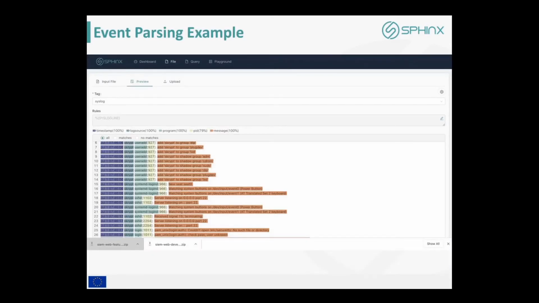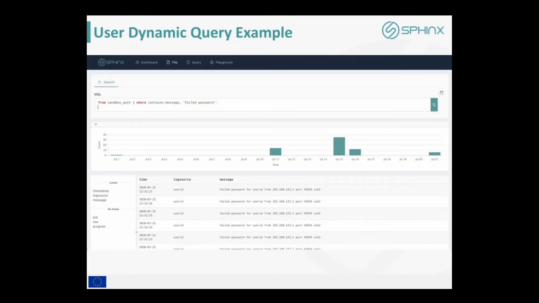We have two different examples here, one from parsing the data in and specifying the fields and allowing the users to do them. We have hundreds of different rules for different formats to already load it. Also, this screenshot now shows how you can search the data, and you can provide a Matano language query, and then you can use it with point and click. If you don't know the Matano language by heart, we also have a help, but you can just Google it and just say failed password, it will search on all, and then you can use the GUI to search as you want.